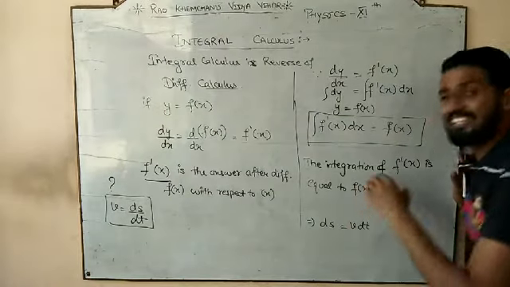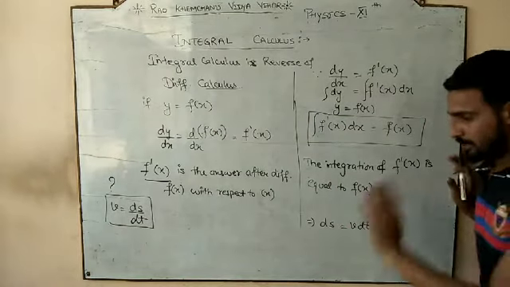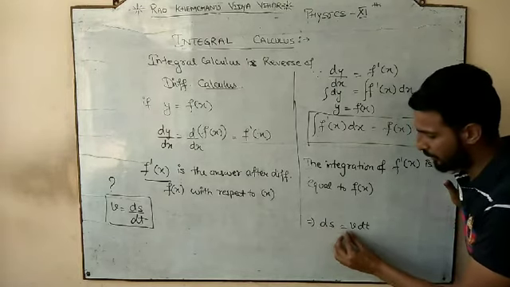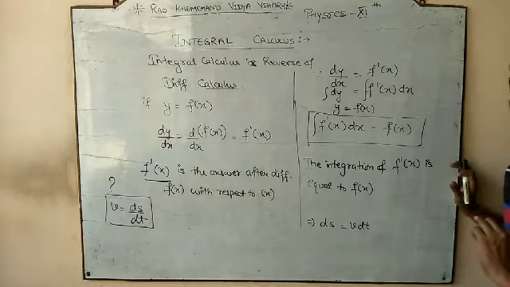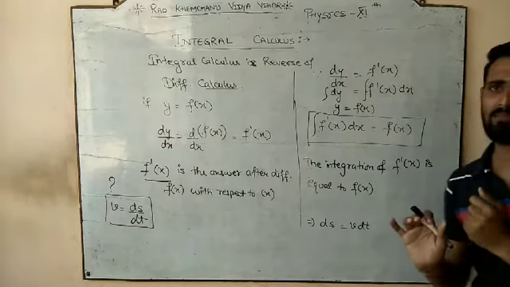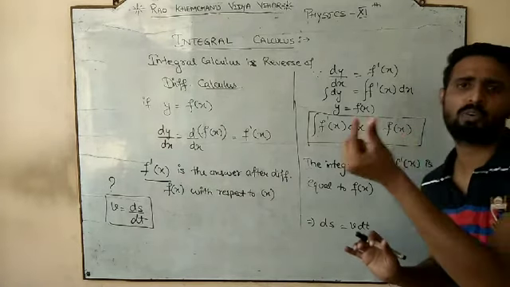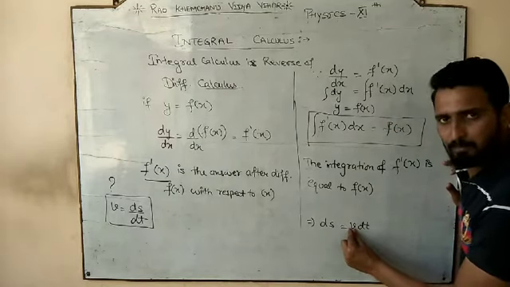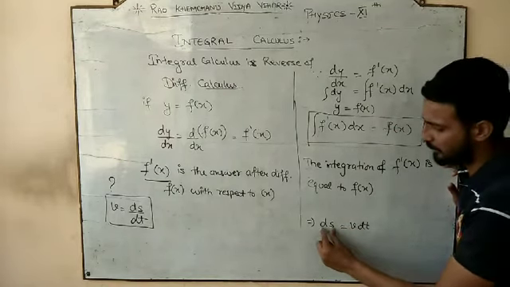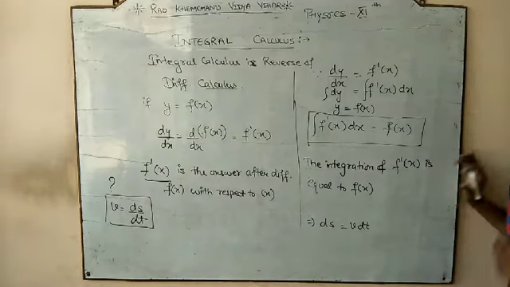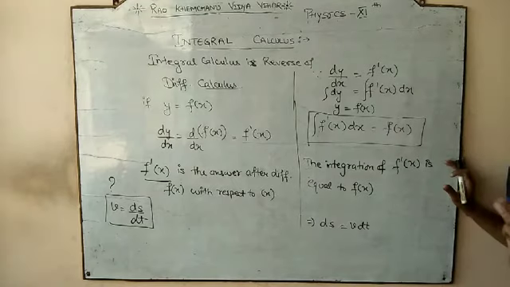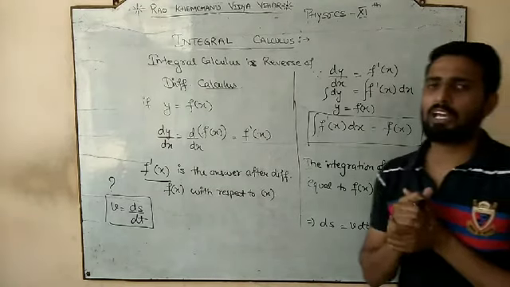So what information does this equation give us? This equation says the small displacement is equal to velocity into small time. Means small time के अंदर, let's suppose I am talking about 1 second. उस 1 सेकंड के अंदर आप 20 मीटर पर सेकंड की speed से चल रहे थे, तो आपने displacement इतना किया. Okay, so this is the displacement for the small interval of time.